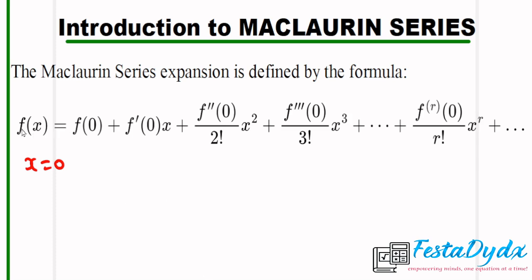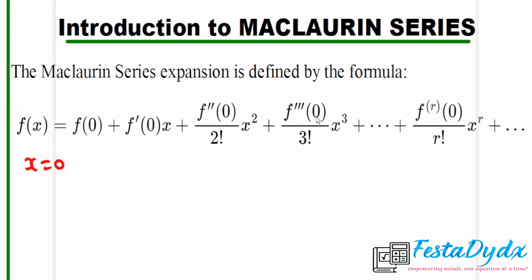So we'll be having f of x to be equal to f of 0. So here x is already substituted as 0, plus we have the first derivative of f of x. So we also substitute x to be 0, then multiplied by x, plus the second derivative of f of x. Substituting x to be 0, we divide by 2 factorial multiplied by x squared, plus we have the third derivative